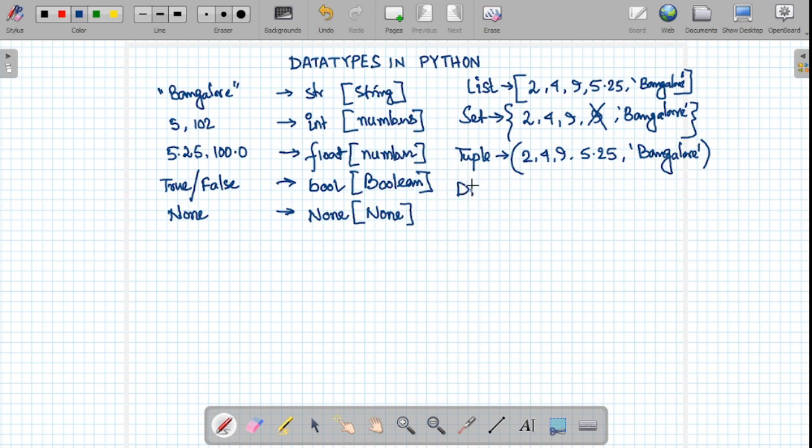We also have dictionaries, which can store key value pairs, something like this, where name is the key and John is the value, age is the key and 34 is the value. Now let's understand, when we are talking about list, set, tuple and dictionaries, what are the specific features of each